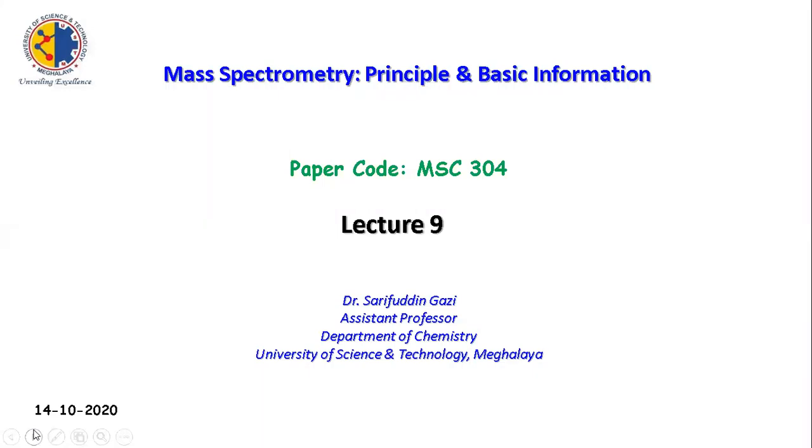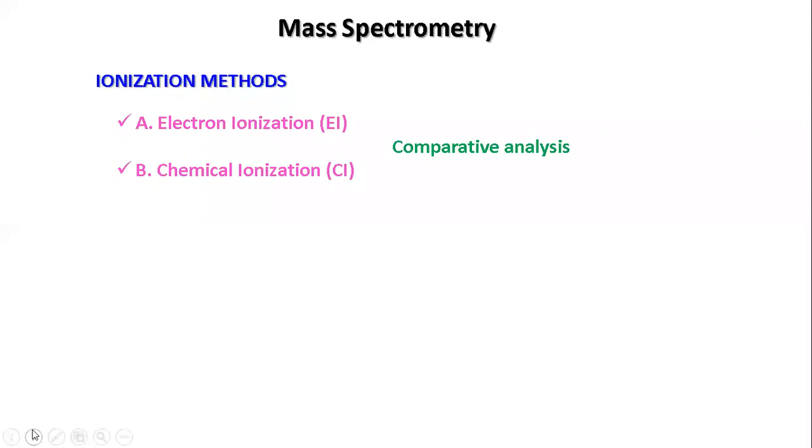We tried to look at one of the most important parts, the ionization technique, and we were trying to elaborate on that one. In ionization methods, we mentioned that you have different techniques, like electron ionization, where a high energy electron beam is utilized to generate the ions from the targeted molecule.